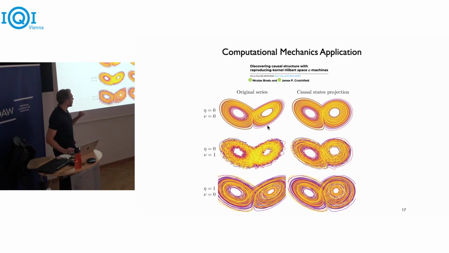In the deterministic case, it's maybe expected that, oh, look, you can recover the causal states exactly, or something that looks nearly identical to your Lorenz attractor. And then here with the random noise that's applied to the Lorenz attractor, you find that you've sort of denoised it in recovering the causal states. It's not a perfect reconstruction of the hidden dynamics that are generating the outputs, but it's better than the actual time series itself. And then similarly, when the noise is actually affecting the dynamics, you are recovering essentially those dynamics again. So it's able to recognize when there's extraneous noise in your data,